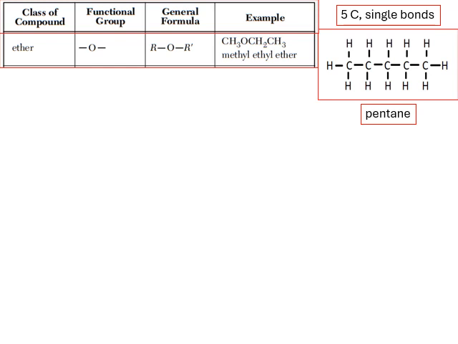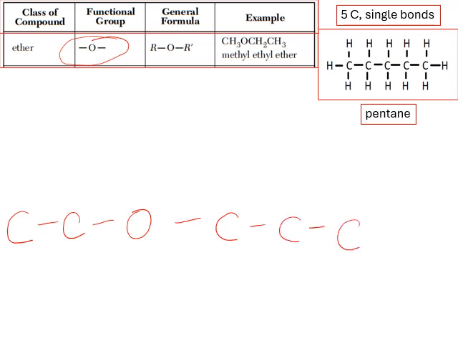I say this for last because it's my favorite one to name, because it's the fun one to name. These are called ethers, and they look like little belt buckles, I think. It's actually going to be 2 carbon chains attached by this oxygen. So it's oxygen like a little belt buckle, I always think of it. So instead of our 5 carbons, we could add like 2 carbons on this side as a chain, and then I'll have this oxygen belt buckle in the middle, and then let's put 3 carbons on the other side. And what you're going to do to name this thing is,